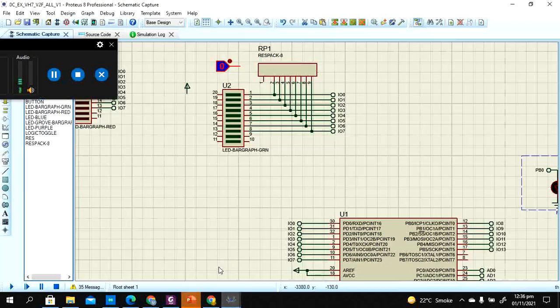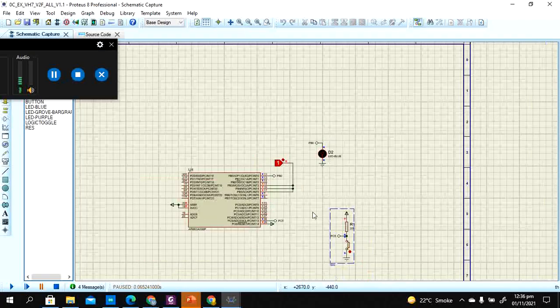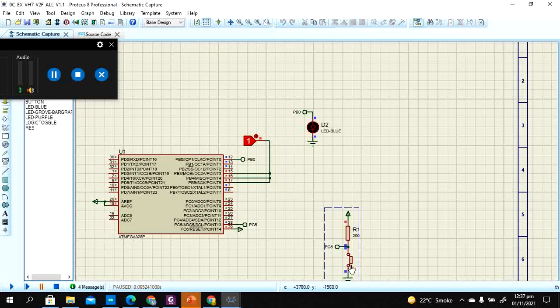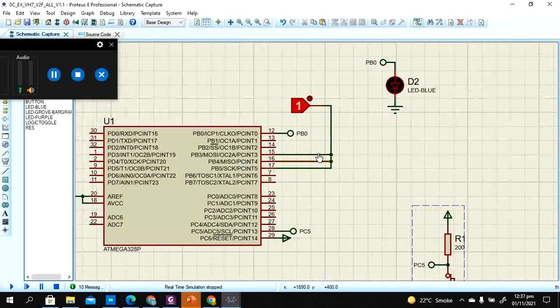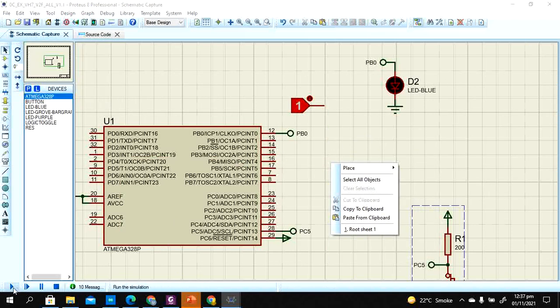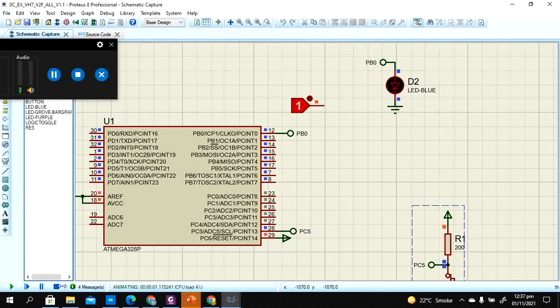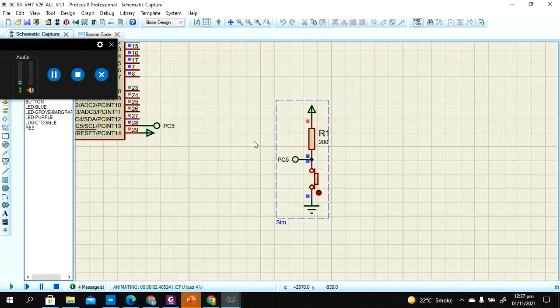So when you run this example, you will see when the change happens. So PC5 is receiving this value from this net. This is called a net, and this PB0 is basically receiving this value here. I should cut this thing as well because this is not used in this example. Run all, and then the change can be visible here.